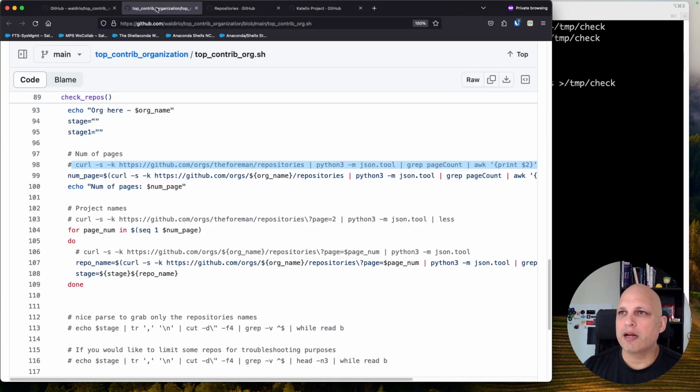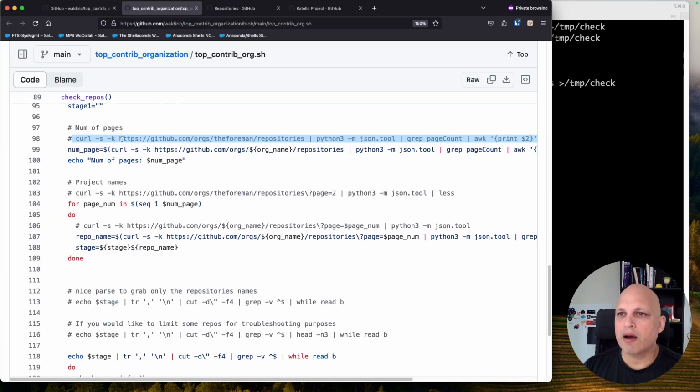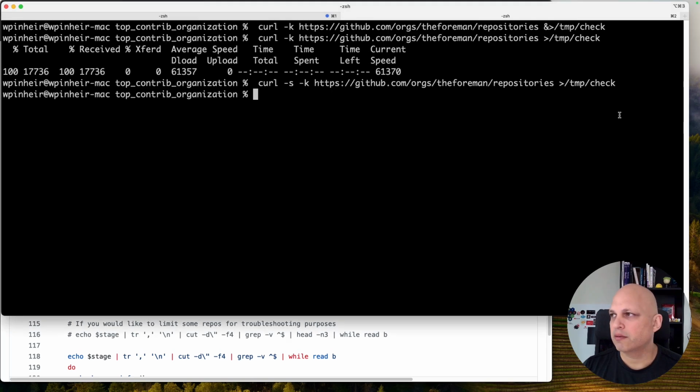There you go. Let's return. And then now we have the number of pages. We have the project name. So remember, in the web UI, I was passing the page 2, page 3, page 4. And then if we do the same here,